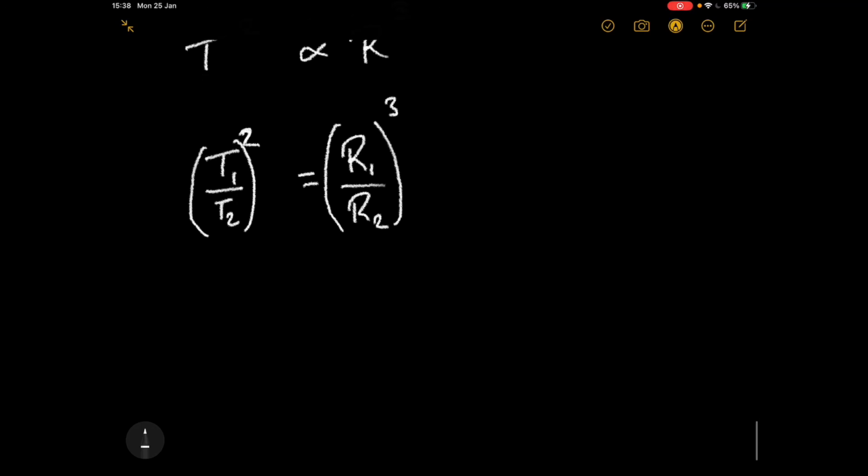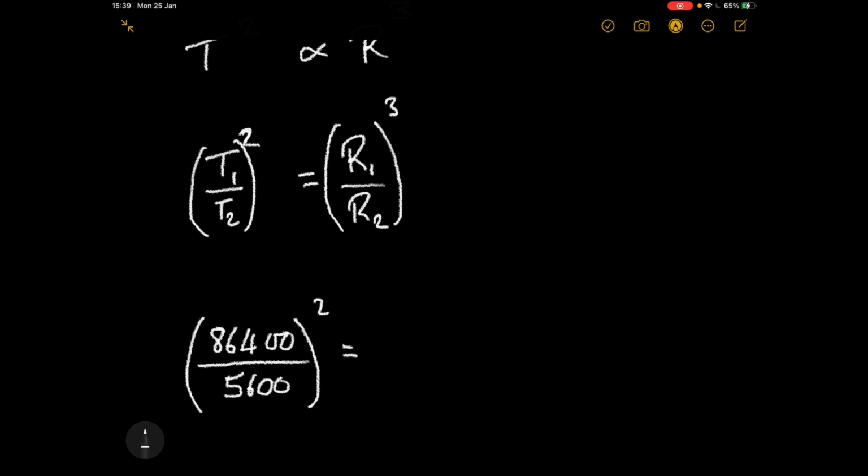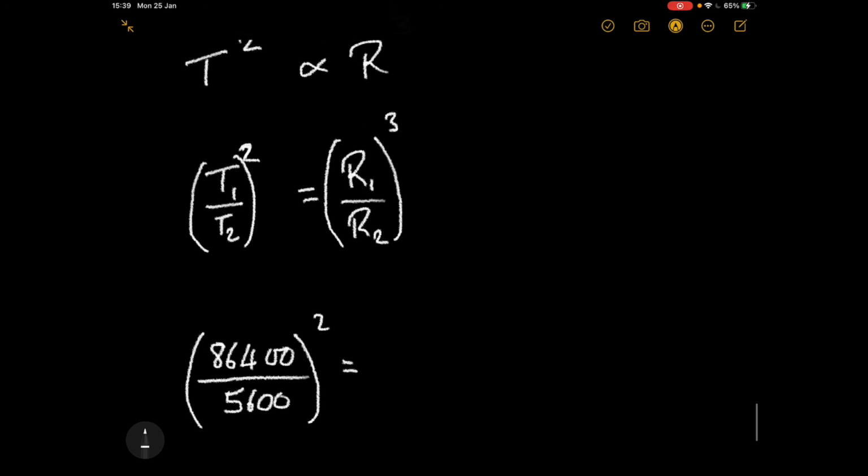Okay, and we can see that for the data we've just collected for the ISS and a geostationary satellite. We'll put the geostationary satellite on top because they're the bigger numbers. The time period for a geostationary satellite was 86,400. And the time period for the ISS was about 5,600 seconds. And if we square that, we get 86,400 over 5,600 squared, we get about